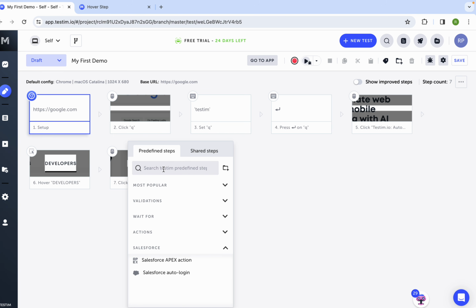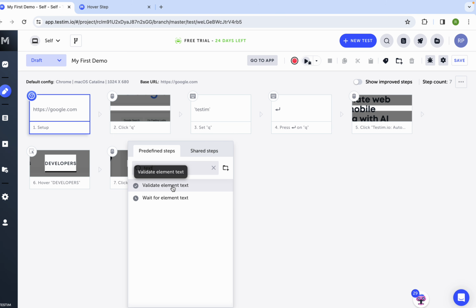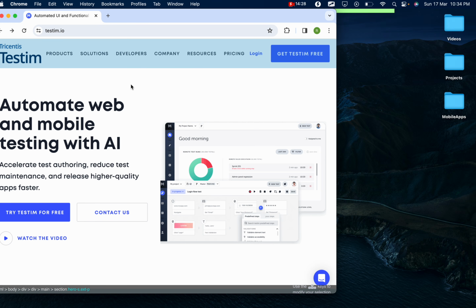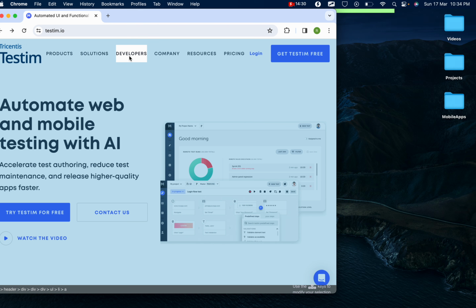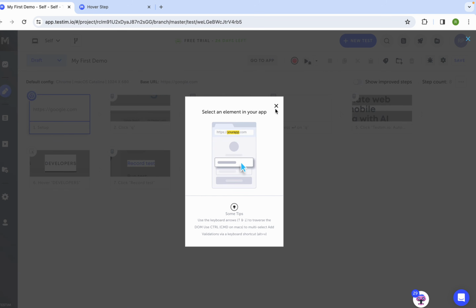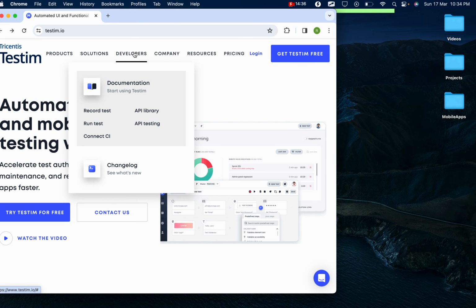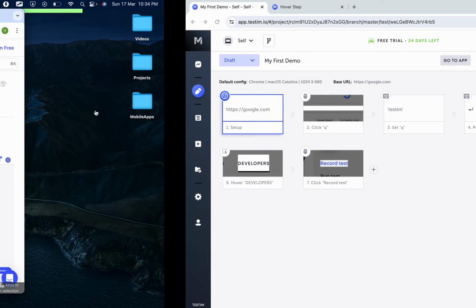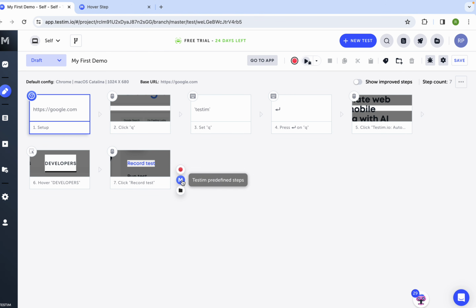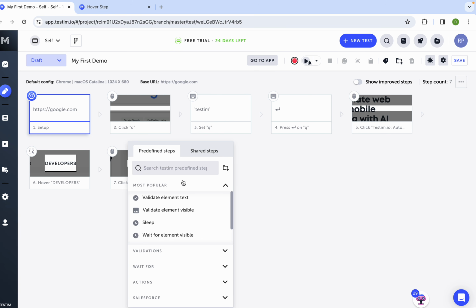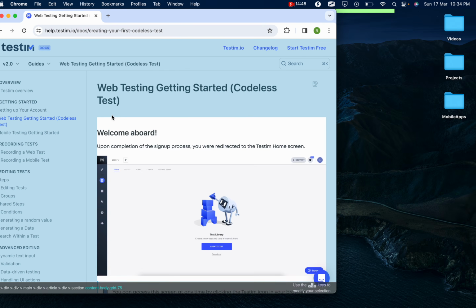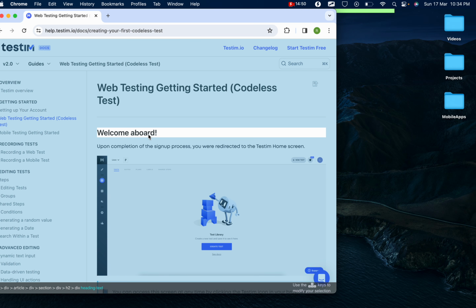So let us say I want to validate element text. I will click this, and then let us say I should be on the last page. So let me first go to the record test page. Now I will say Testim predefined steps, validate element text, and here I will select this welcome aboard,